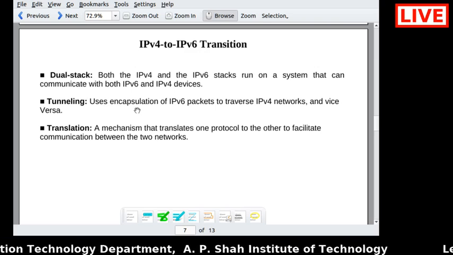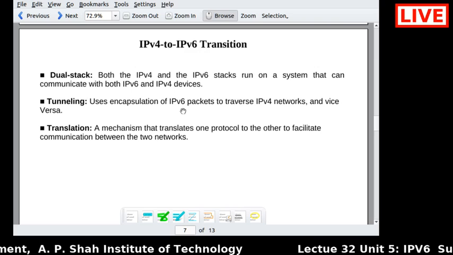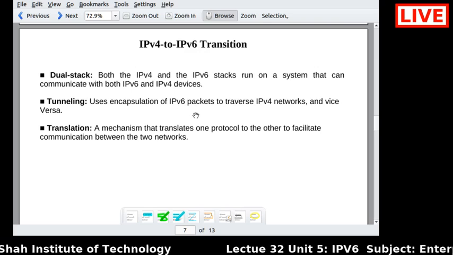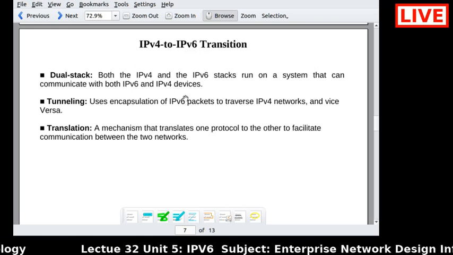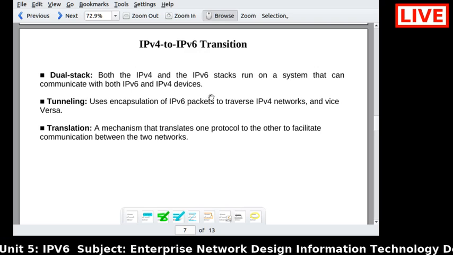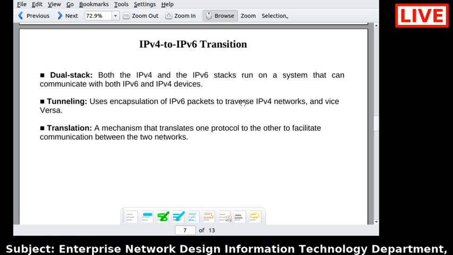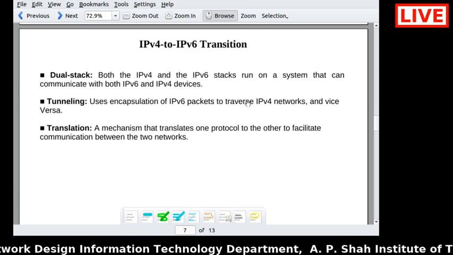When you encapsulate that IPv6 packet, you transfer it into the tunnel, and from the tunnel you dispatch that IPv6 packet, and at the end it will be received by the